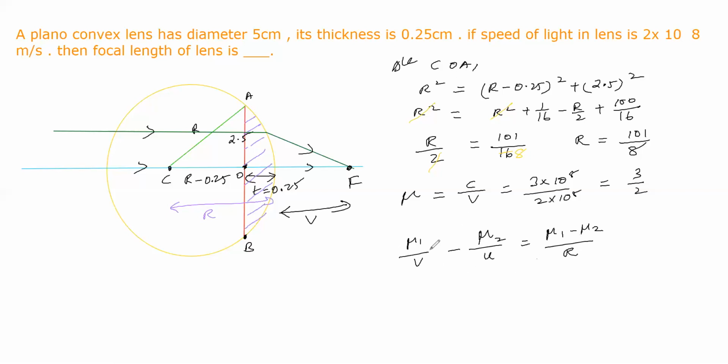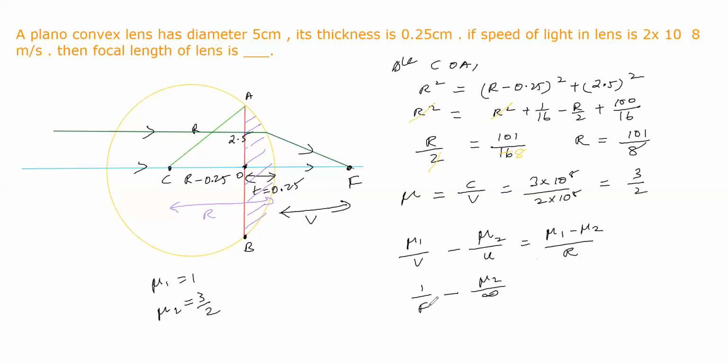What does refraction at a spherical surface mean? Object distance is u, and the object is in the denser medium, so that refractive index we have to substitute. In the other medium the image will be forming, image distance v, image medium mu1, is equal to mu1 minus mu2 divided by the radius of curvature. Now here a parallel beam of rays comes, so for u we have to substitute infinity, so mu2 by infinity. Here mu1 is equal to 1 because mu1 is given as air medium, and mu2 is given as 3/2. Now we substitute u as infinity, mu1 as 1, and v is known as the principal focus, focal length f.